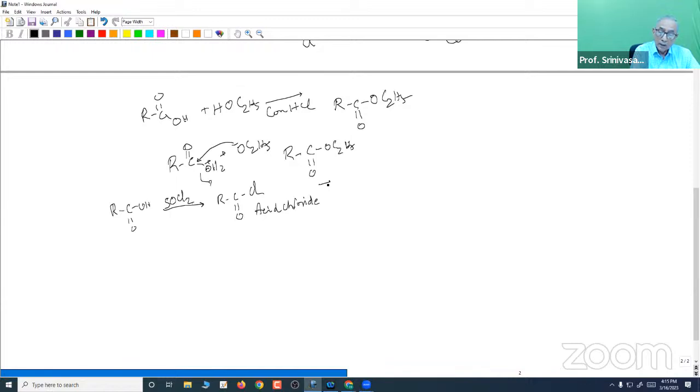This is reacted with phenol. You get R, CO, O. Instead of an alkyl group being attached to the oxygen atom, a phenyl group is now attached to the oxygen atom. So these are some of the most common reactions of the derivatives of acid, which are made into chloride,